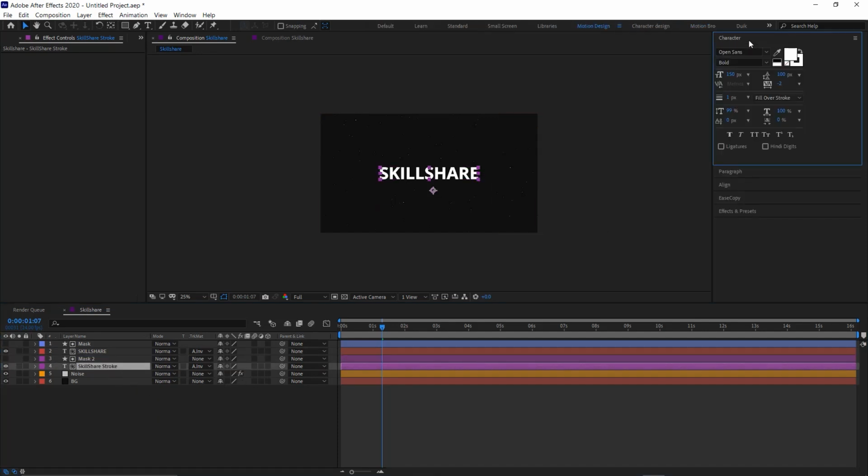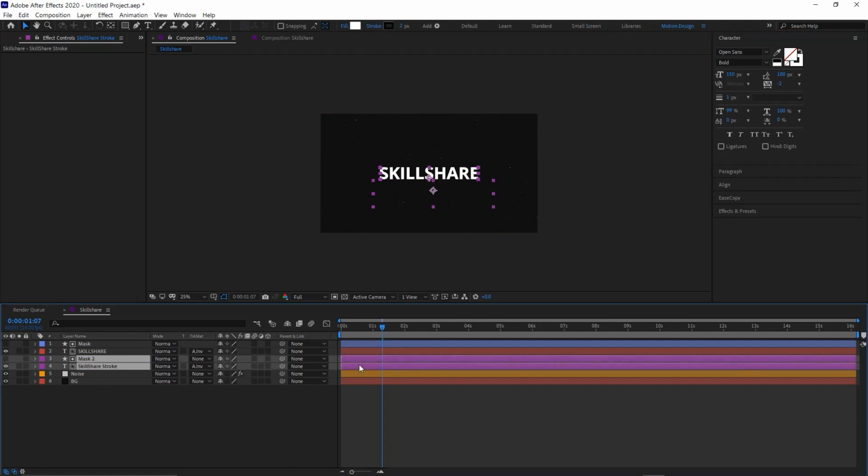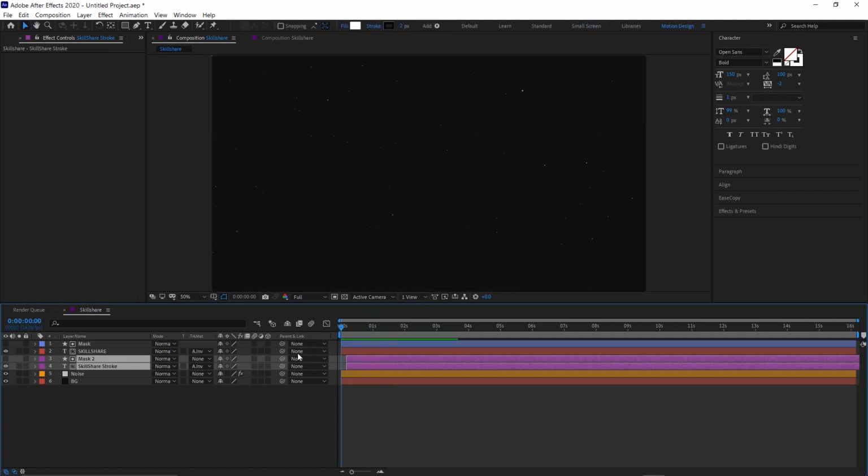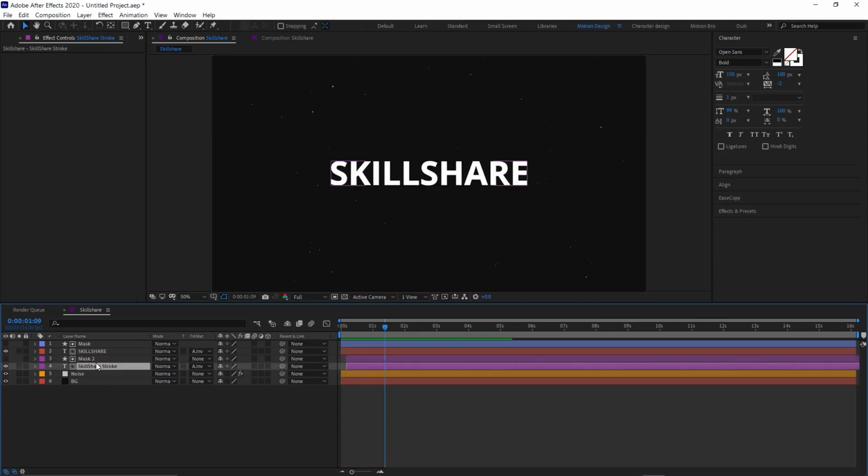And I'm going to go to my character panel and remove the fill for this layer by clicking on the no fill color icon in here. And now let's offset them a bit in here. So as you see, we have something like this, and we can make it better by repeating the strokes by